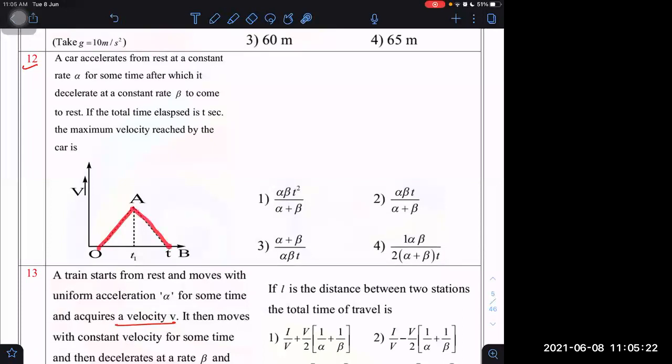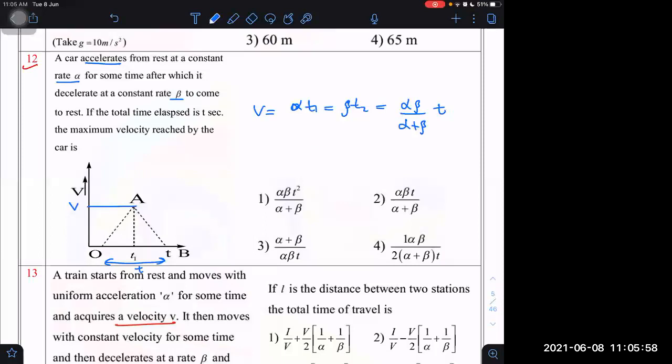The velocity is increasing and decreasing. If it is increasing and decreasing, what I told you, just one method. Here, acceleration is alpha, retardation is beta. Then alpha into T1 is equal to beta into T2, which is equal to alpha beta divided by alpha plus beta into total time interval. If we know this, then I can determine the maximum velocity attained. Vmax is nothing but this, alpha T1, and this is also equal to Vmax.